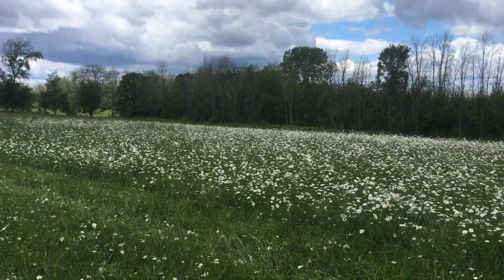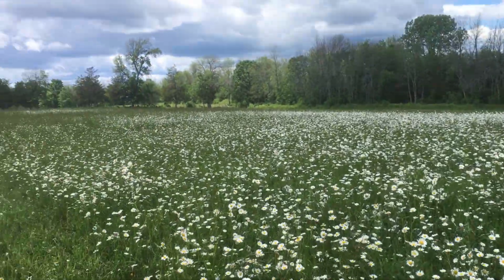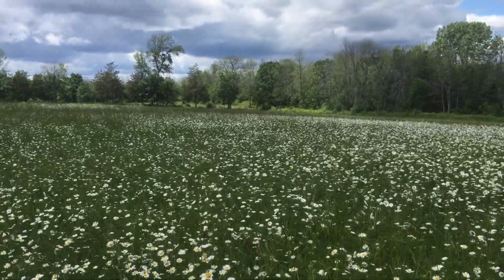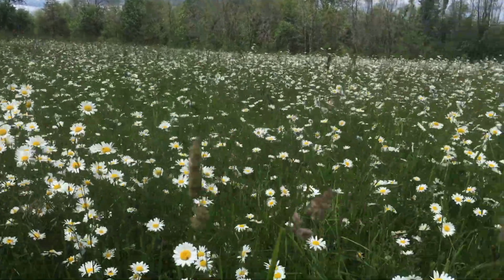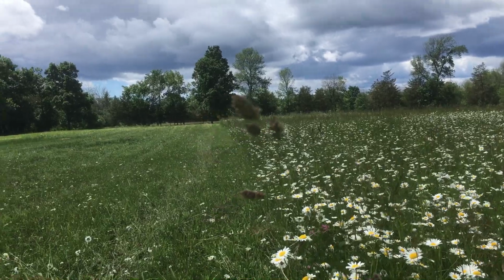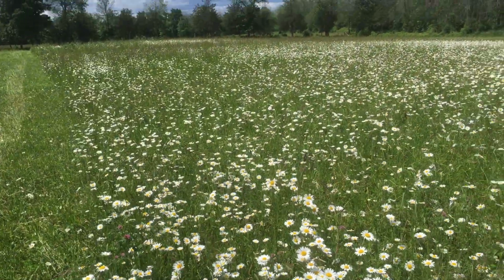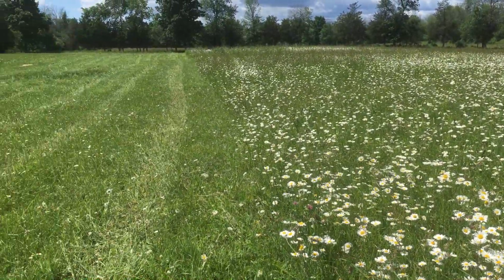So clipping, why would you do something like this? Well, those grasses that have been bit down in size, for them to regrow, it takes moisture and sunlight. But with all these daisies and weeds and grass that's gone to head above it, it creates a lot of competition for that grass to catch up. So by clipping them down, you eliminate competition for those desired plants to grow,